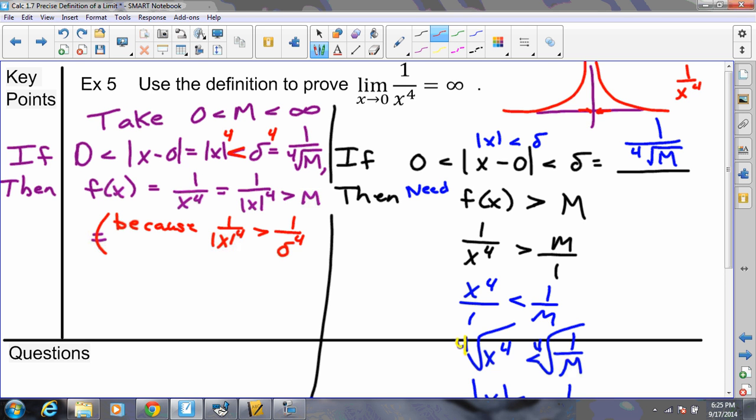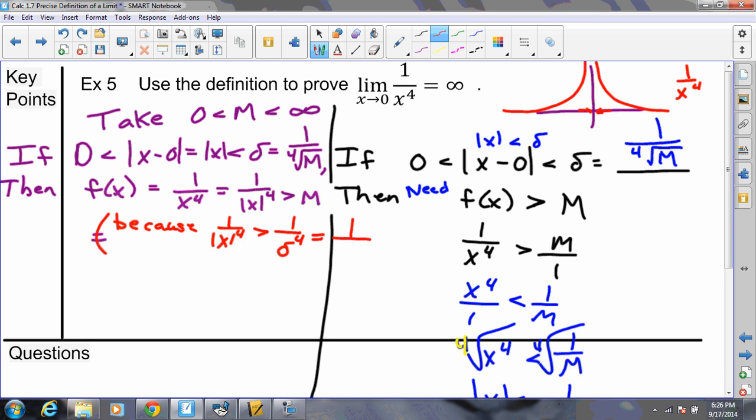Because it's a less than, if we took the reciprocal 1 over, that would force us to switch the inequality with the reciprocals, which is how we get our 1 over. Okay, so that's greater than 1 over delta to the fourth, which is equal to 1 over,